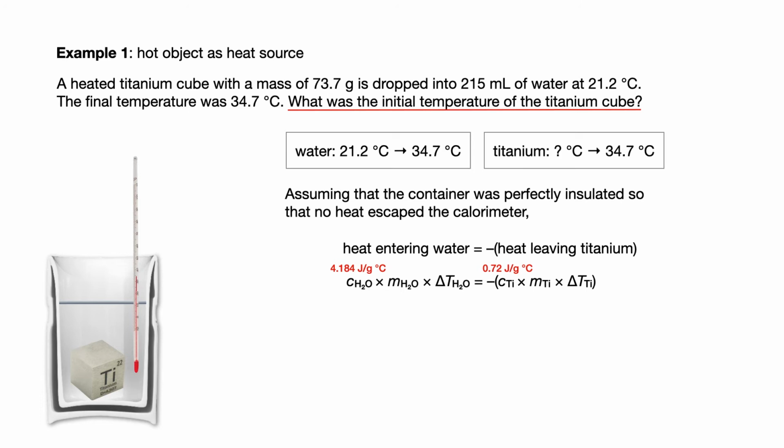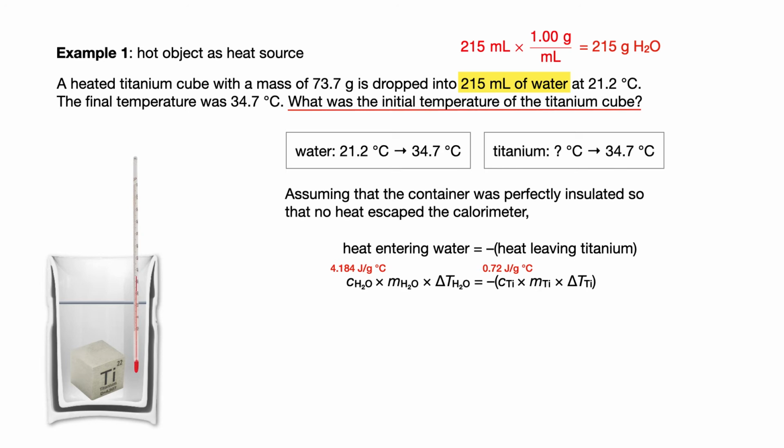And then the mass of the titanium, that was given to us. That was 73.7 grams. The mass of the water, we weren't given that directly, but we were told that there was 215 milliliters of water. And so we can use the density. Water around room temperature has a density of about 1.00 grams per milliliter. So 215 milliliters will have a mass of 215 grams. So if we put in the heat capacity, the mass, and the change in temperature for the water and for the titanium,